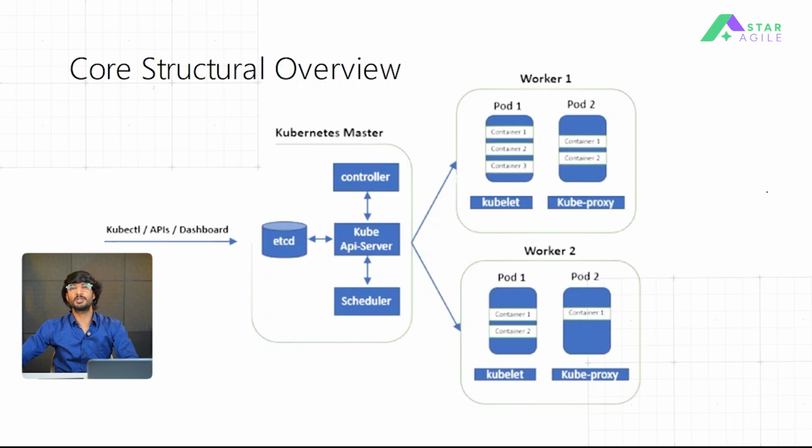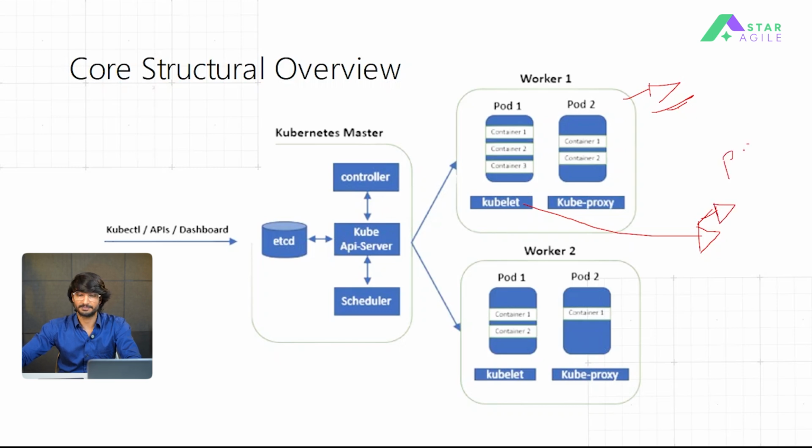Alright people, so let's try to understand what are the components that are present in your worker node and what are their functions. So first of all, here you can see there is a thing called Kubelet. Kubelet is responsible for maintaining your pods. If the pod has crashed, or if there is something wrong in the pod, Kubelet will inform this information to etcd, or the data will be sent to your etcd via Kube API server.